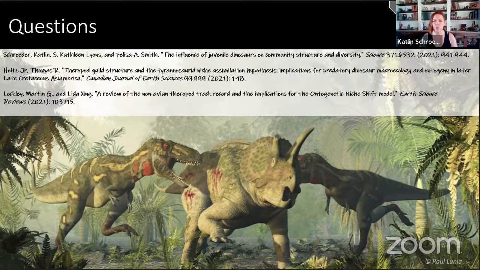The other part of your question was about growth rate. And hadrosaurs specifically grow very, very quickly. And there's been some work done that has shown that there might be some kind of evolutionary arms race going on basically with the rate of growth in Cretaceous or Ornithischian herbivores related to the rate of growth of large Tyrannosaurs and Abelosaurs. Your question was a little bit vague, and I'm not sure if I got at what you were asking. So feel free to follow up with that, but hopefully that touched on it.